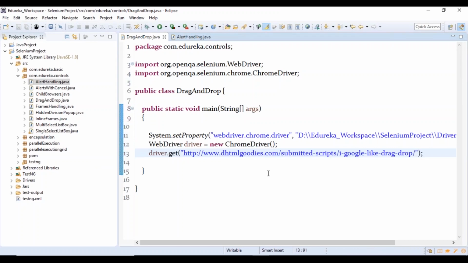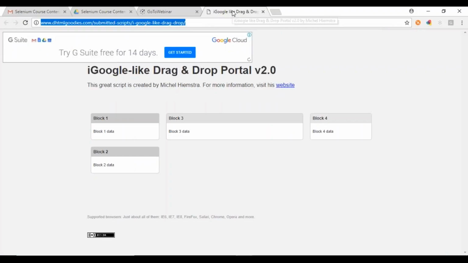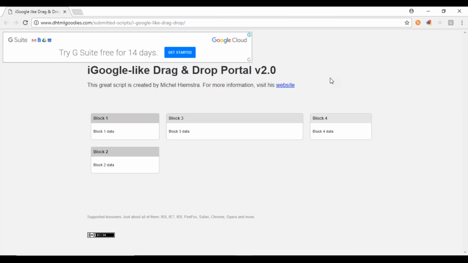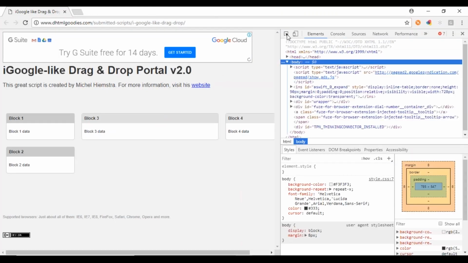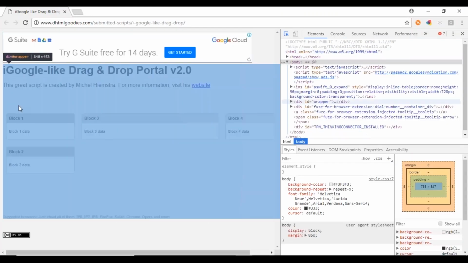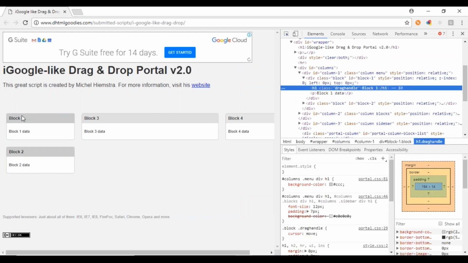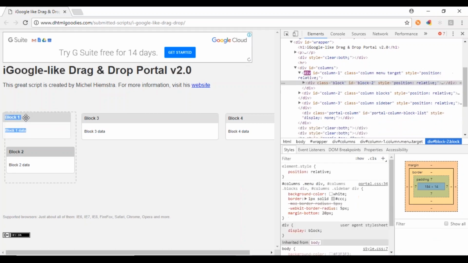Next we are going to handle the drag and drop block. How do we handle it? We have to inspect it, right? So let me inspect this with F12 and identify this element. Always make sure that you are not going to handle the data here, but instead we always handle the drag handle itself.